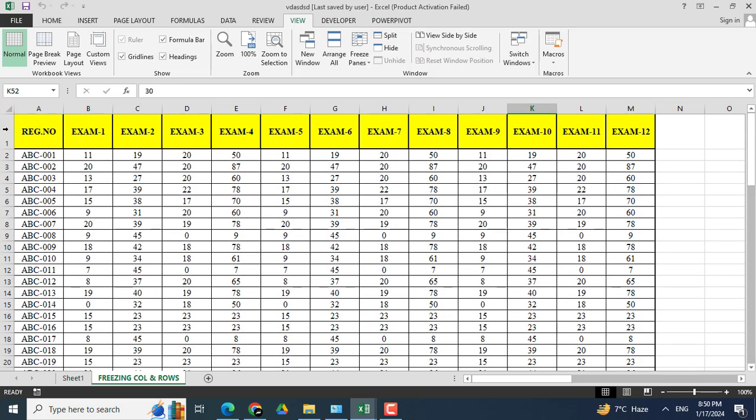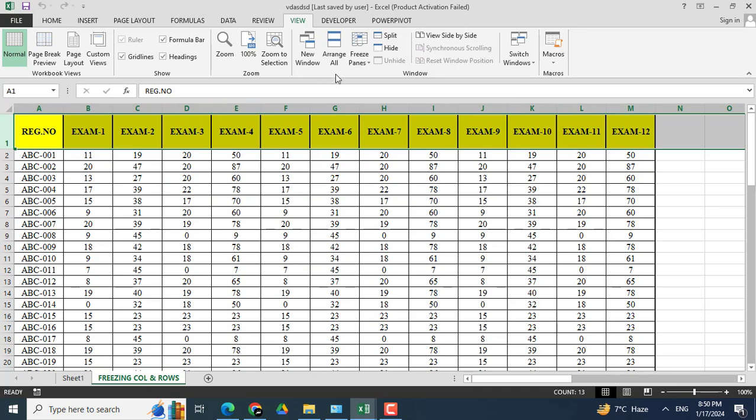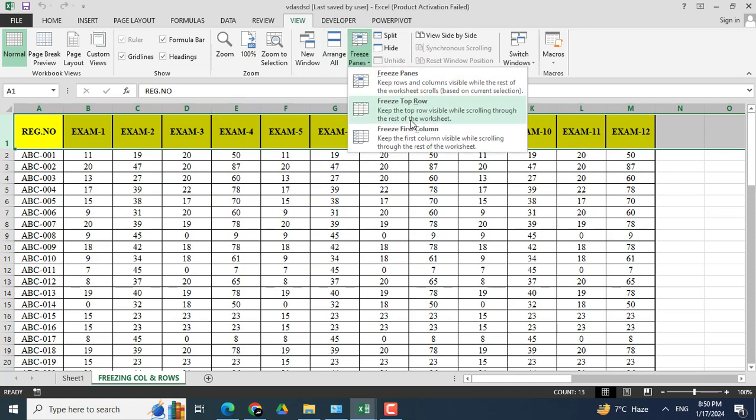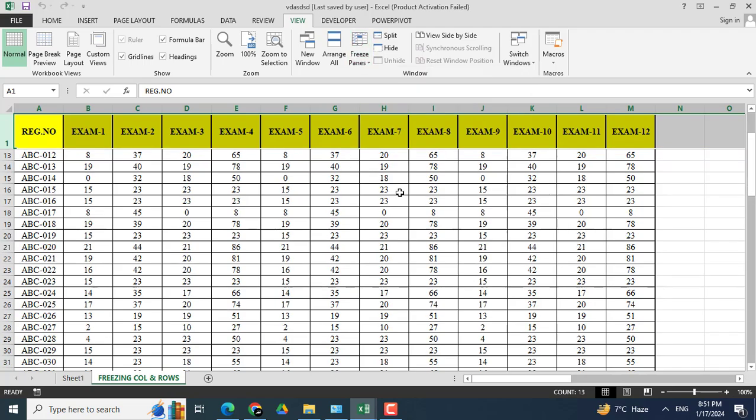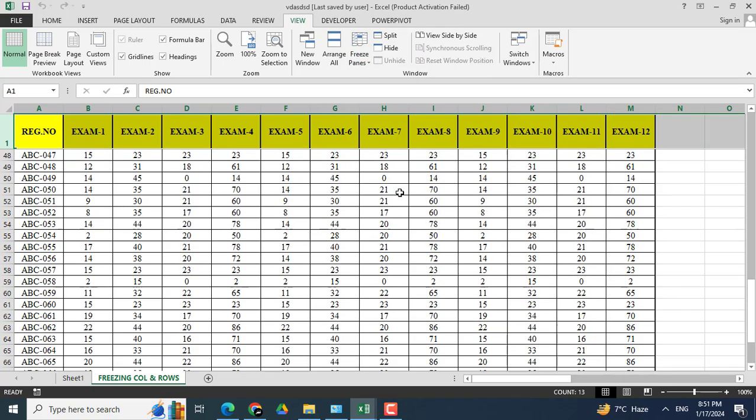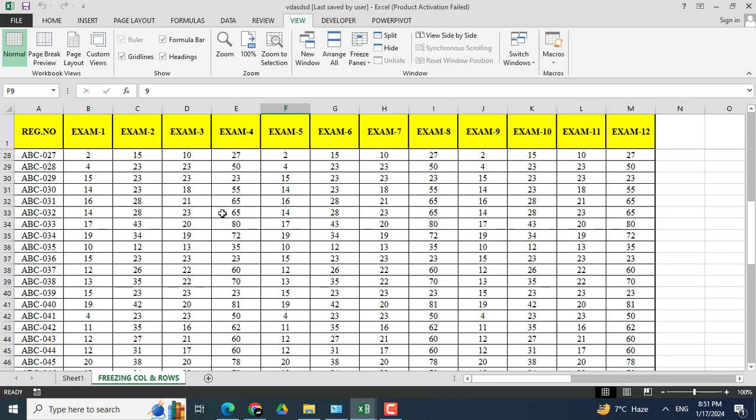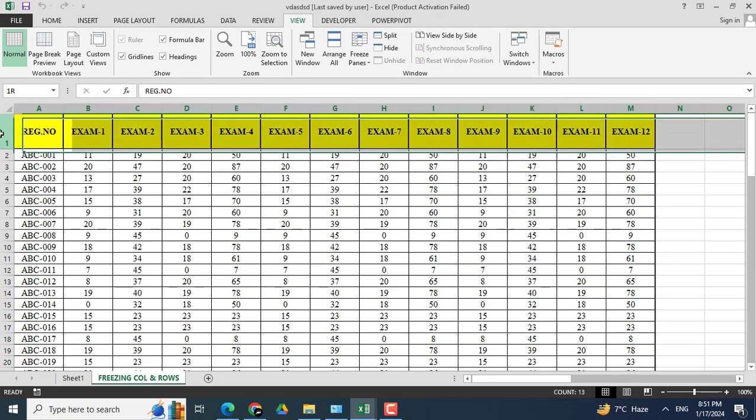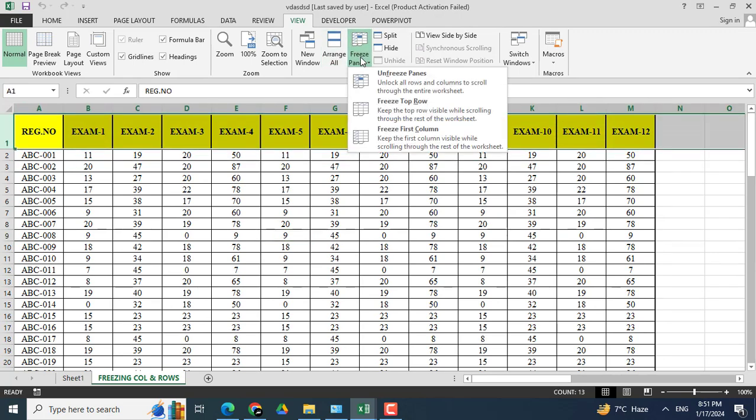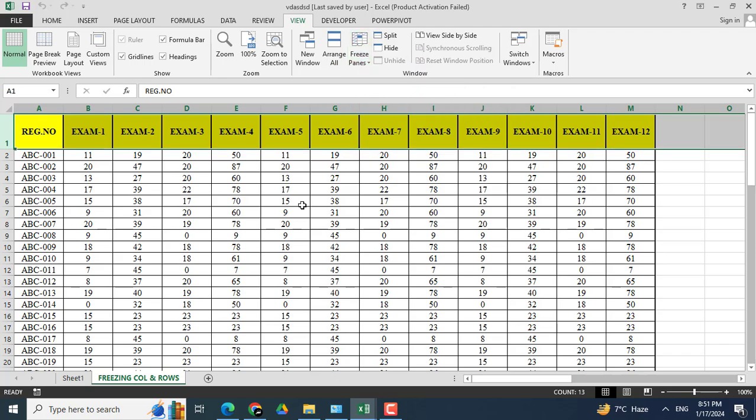To remove this, we need to keep Freeze Top Row. Now it's easy, and you can see that all the marks, all the numbers, can be shown easily with every exam. Again, I want to unfreeze it, so clicking Unfreeze. Now